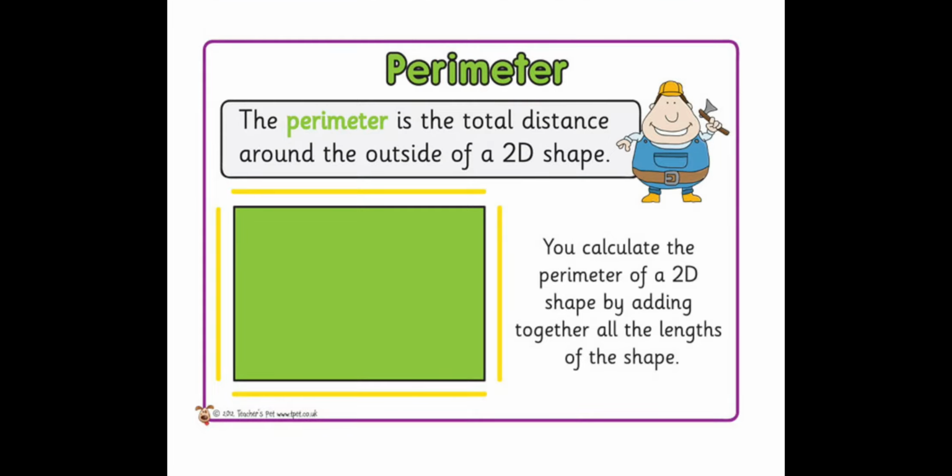This is revision of perimeter. The perimeter is the total distance around the outside of a two-dimensional shape, or a 2D shape. So, you calculate the perimeter of a two-dimensional shape by adding together all the lengths of the shape. So it means it is the distance around whatever shape you're given, and make sure you don't forget any